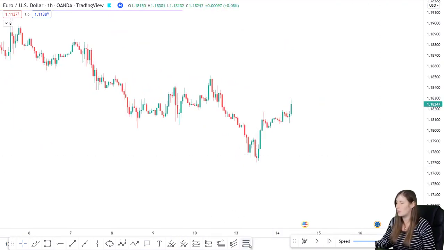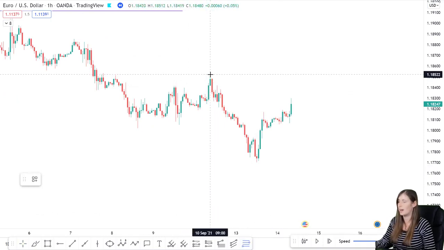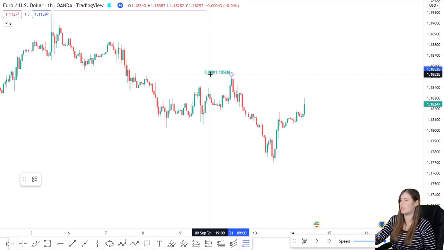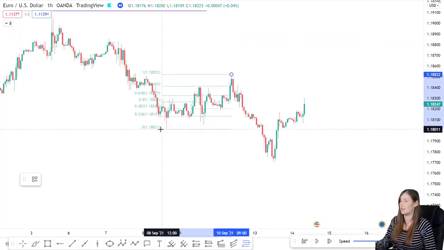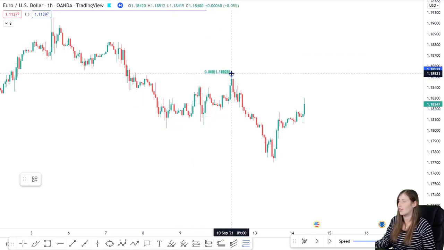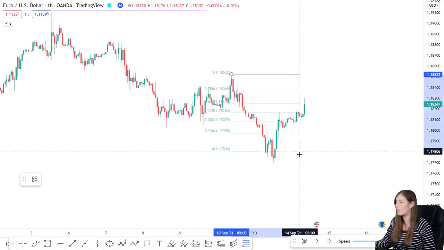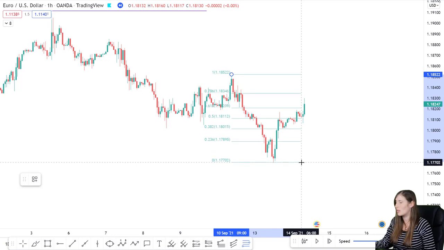Now what I'm going to do with the fib retracement tool is you basically would use this on the most recent pullback. So this is the previous lower high where price previously pulled back here before going lower to actually break the low here. Now once you've clicked on the most recent lower high, we're going to drag that down